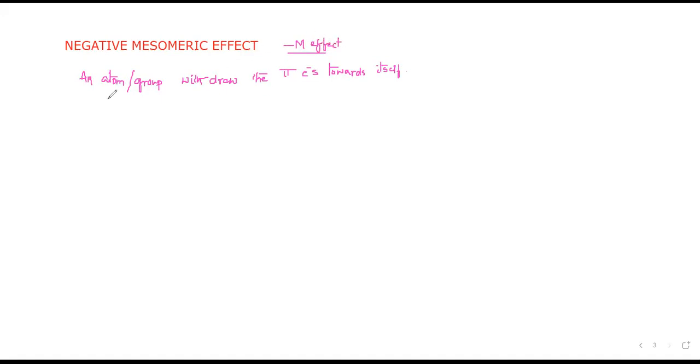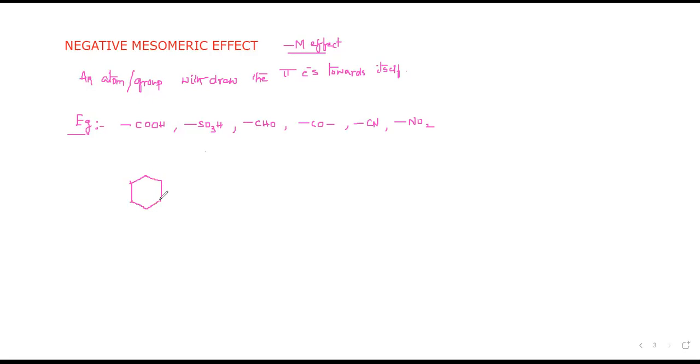Okay, right. So the groups or atoms that show the negative mesomeric effect are carboxylic acid, sulfonic acid, aldehyde group, keto group, nitrile group (cyano), and another one is nitro, NO2. All these groups show the negative mesomeric effect. Let me go with a clear example where a COOH group is attached.